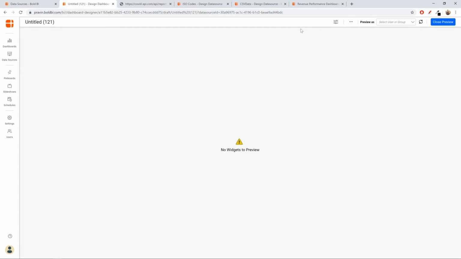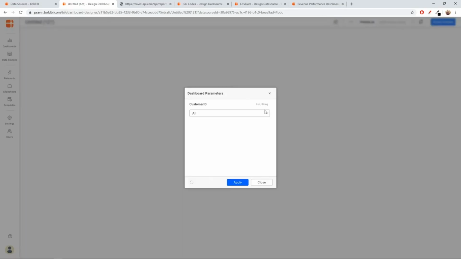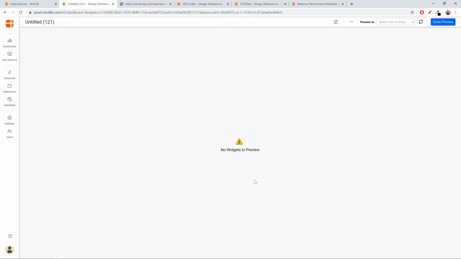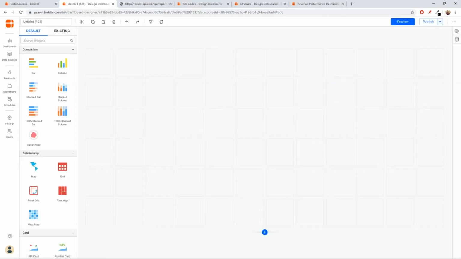Okay, so when you share it or when you publish the dashboard, you'll be able to see the dashboard parameter option in the viewer. Okay, you just click this and you select a value. So the default value is the first one we have selected. In case you want to change one, you can just change and apply. So this action is going to replace the default value with the new value that we have now chosen, and the dashboard is going to display the data based upon that value. Okay, so this is how you create and basically change the value in a viewer.